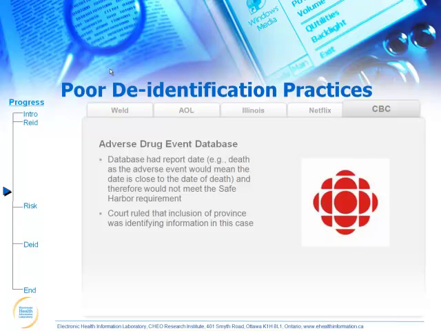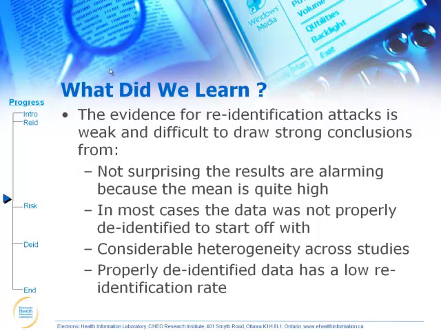And I can go through all the other ones, but I won't. The main point is that some of the most often used examples of re-identification attacks were done on data sets that were poorly de-identified. And I think this is the problem that we have, is there's a lot of poorly de-identified data out there that's being released. And figuring out the identity of individuals in this poorly de-identified data is not surprising at all. And this is essentially what we found, is that a lot of these attacks were on poorly de-identified data, and this is why they were successful, but the attacks on properly de-identified data had a very low success rate.